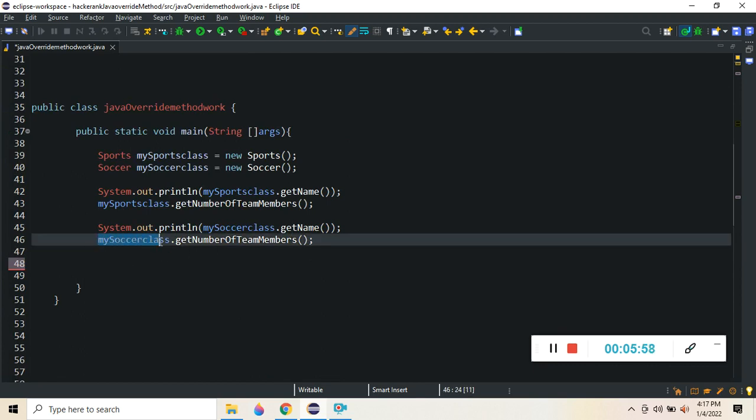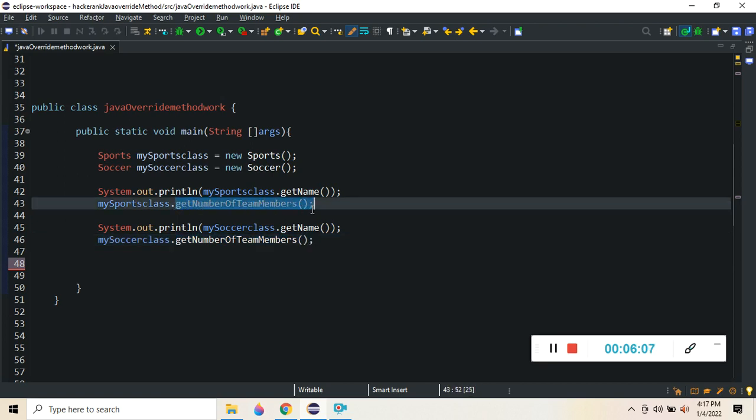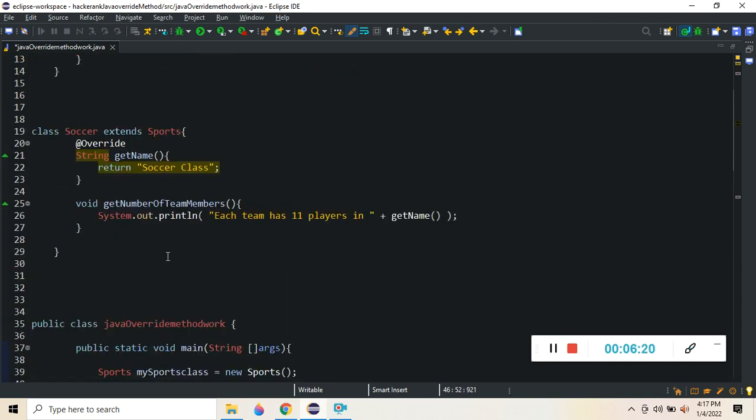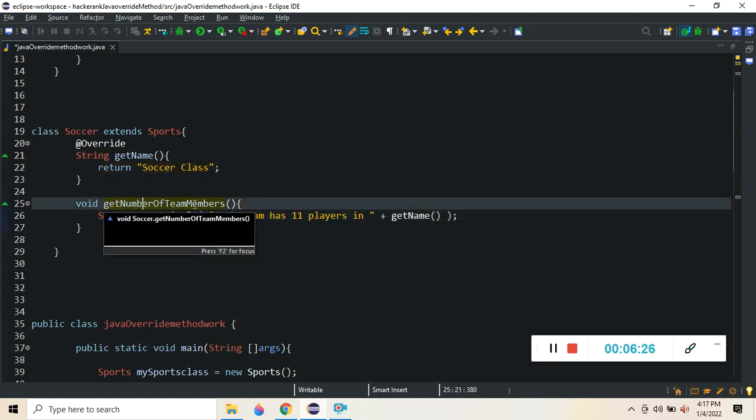Then it comes down here and says my soccer class dot get number of team members. So it's going to call this get number of team members function again, just like it called it up here. Only this time it's going to reach into the soccer class using this soccer class handle. So it's going to see this and read my soccer class dot get number of team members, and it's going to come up here and reach into the soccer class and say, okay, I need this get number of team members